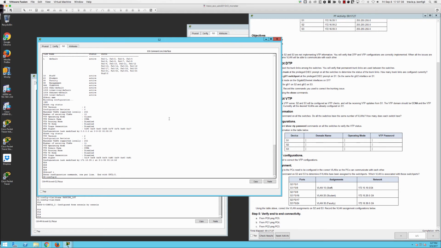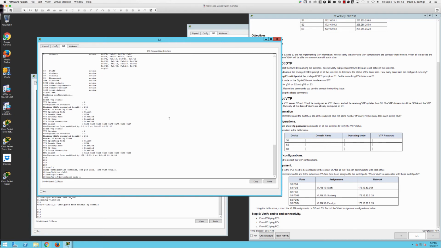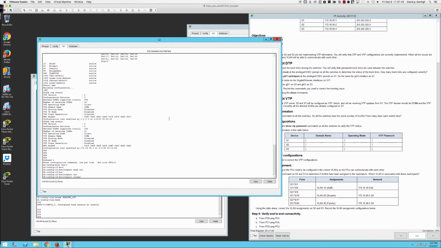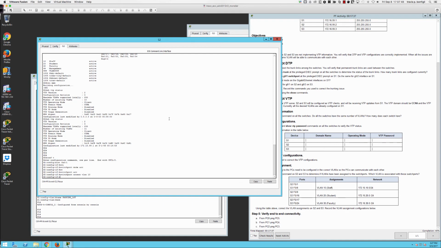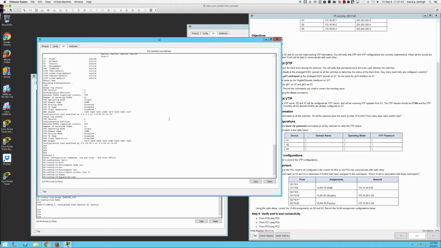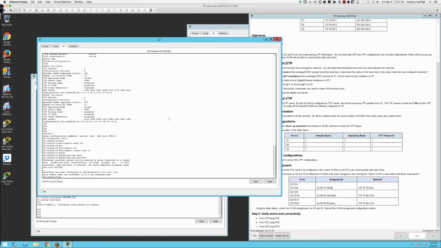This is only showing a single port. So interface fast Ethernet 0/1, we're going to say switchport mode access, VLAN 10 for the staff VLAN. And what we also want to do is, what about spanning-tree portfast, right? We know that's going to be a host. And since we know it's going to be a host and we can skip the listening and learning states